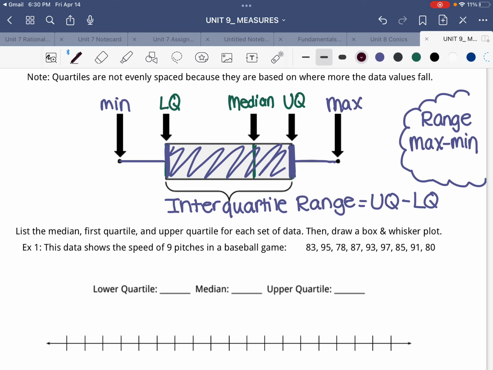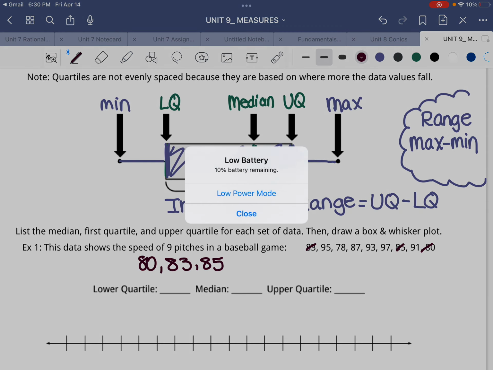Now let's practice how to find these first, and then we'll try and draw the box and whisker plot, or just simply box plot. The first example shows the speed of 9 pitches in a baseball game. The first thing you need to do is put them in order. So 80 is the lowest, then 83, then 85, then